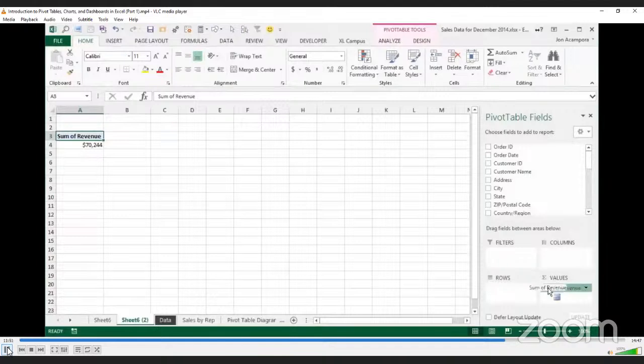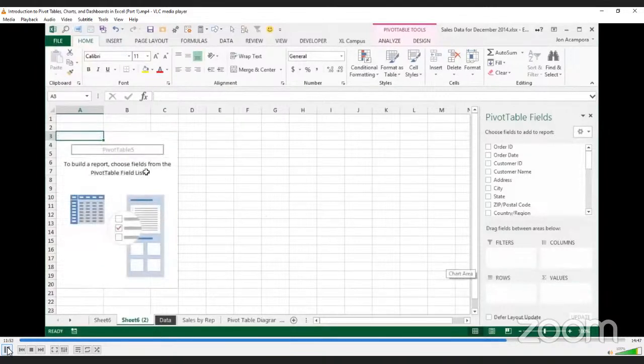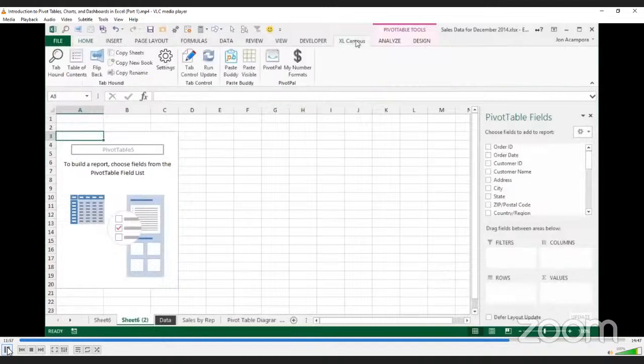And that'll delete the field out of the area right there. So now we have this blank pivot table. And I'm just going to go up to the Excel Campus tab on the ribbon and click the pivot. This is an add-on. This doesn't come free with the Excel sheet, so you might need to go to a